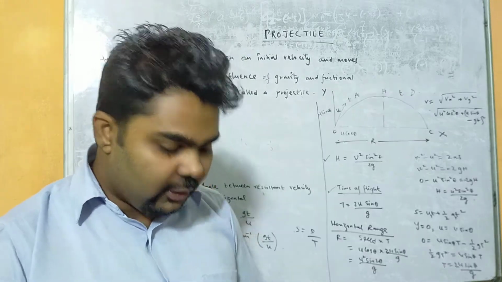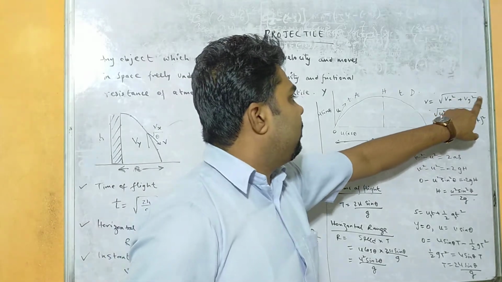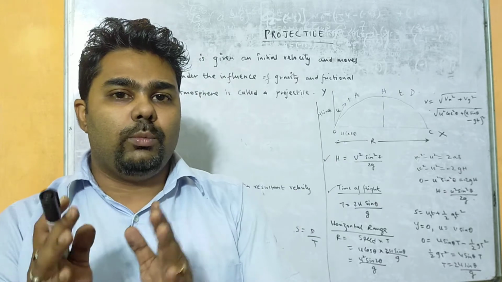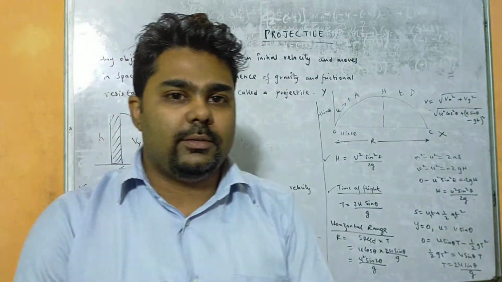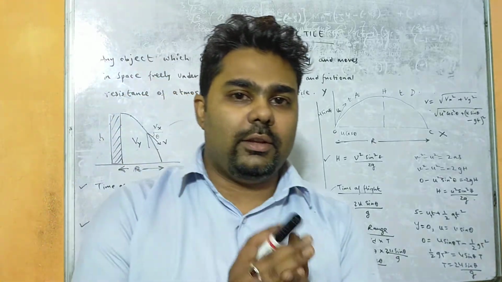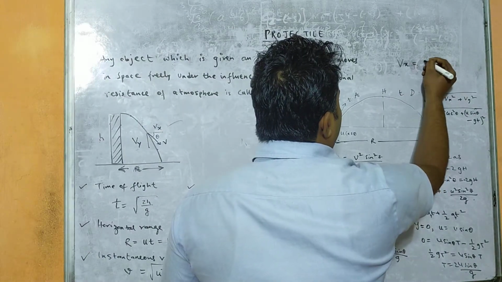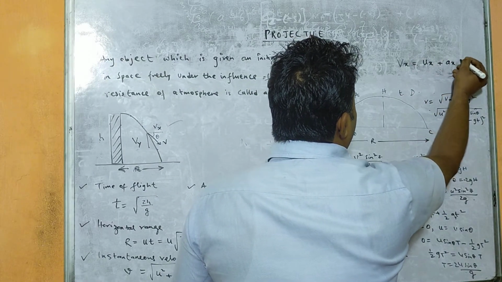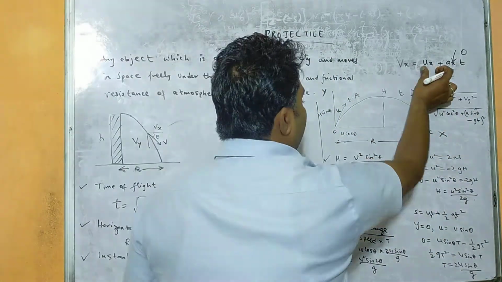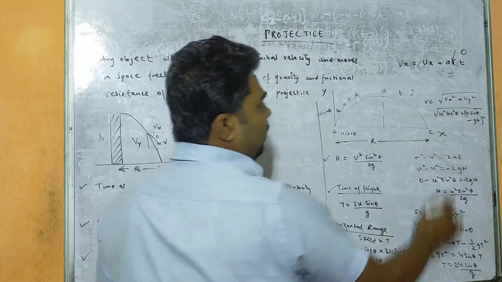And instantaneous velocity means the velocity at which it strikes the ground, that is given by vx square plus vy square. So vx, again from the equation v equals u plus at. u means ux and a means ax. Acceleration along the horizontal direction is 0. So vx equals ux plus ax t. This is 0, so 0 into t is 0. So what is ux here? ux means u cos theta. So in place of vx we will write u cos theta. It means v square means u square cos square theta.